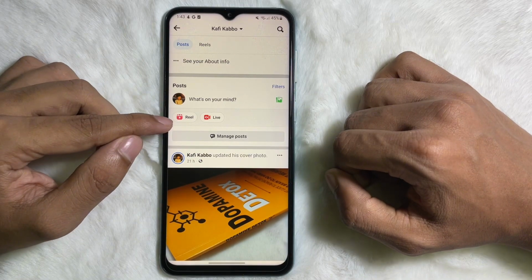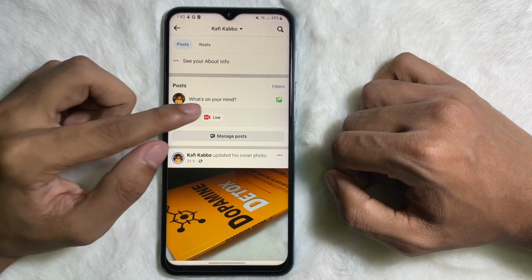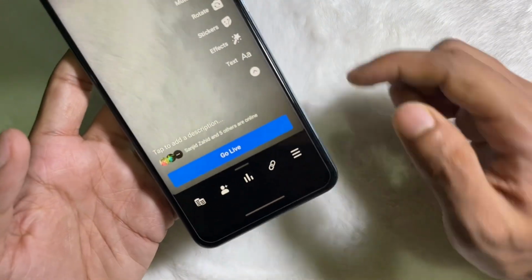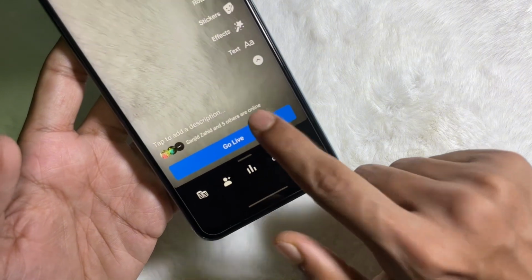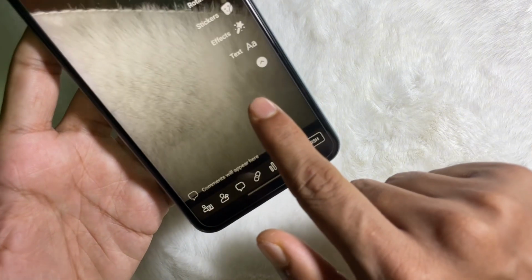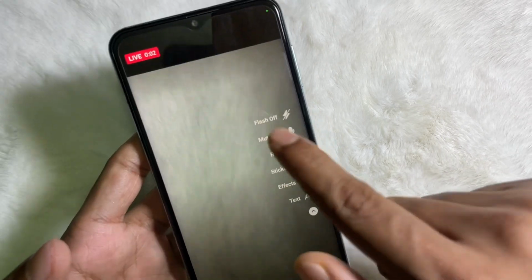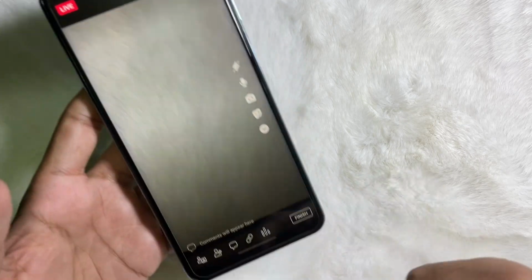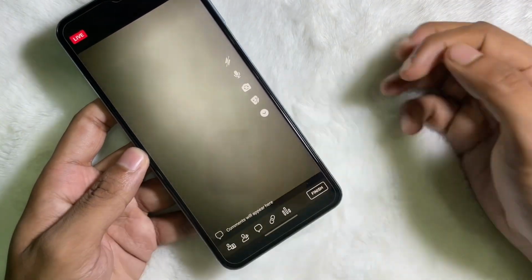Under the post you will get reels and live. So tap on live, and then all you gotta do, you have to tap on go live. Tap on here, and here as you can see that is starting live broadcast, and I am live now on Facebook. By default your mobile back camera will be opened, so if you wanna turn on your mobile selfie camera,